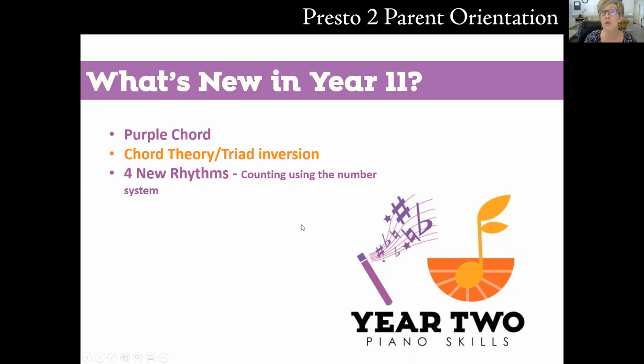There are 4 new rhythms, and we are using some fun ways to feel syncopation, because that is a tricky thing, even when you know the number counting system, 1 E and a 2 E and a, to be able to feel those offbeats and where to place a note on an offbeat. So we learn to first feel them, and just recognize the notation and be like, oh, that's a